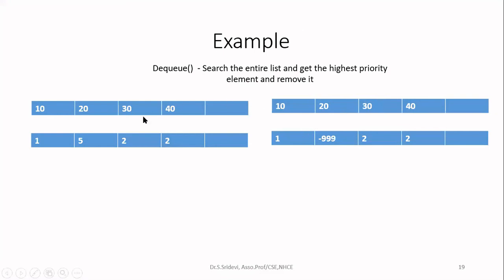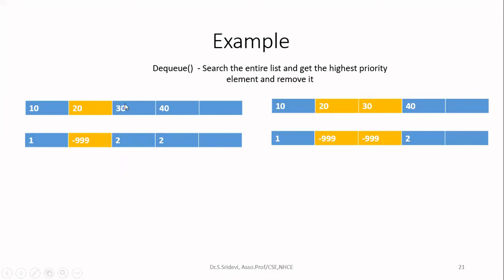Now here I am assuming that whichever element is having highest priority, I am going to remove it. In that place, I am going to store -999. Next, so this is now having -999. Next, I want to remove one more element. So now, if I remove one more element, I have to see the queue. The next highest number is 2, but I have two 2s in the queue. So which 2 should be deleted first? That is nothing but whichever is available at the front end, that should be deleted out of these 2. So you search the entire queue and check whichever is having the next highest priority.